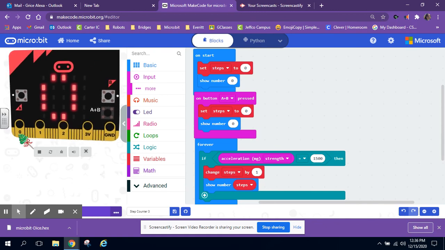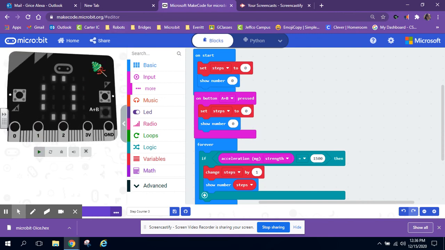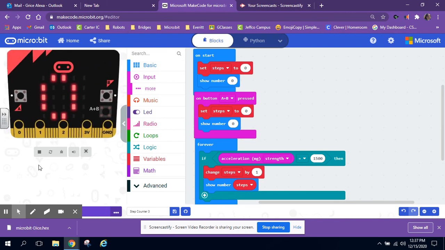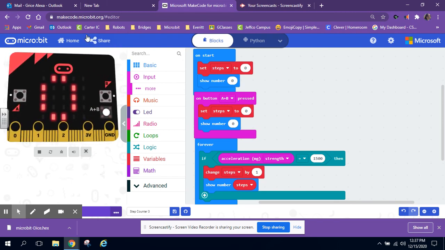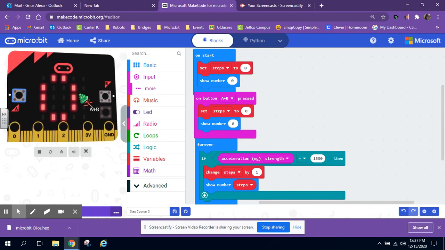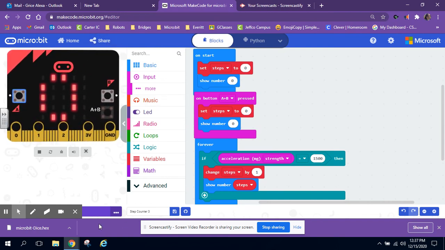So you can see over here by wiggling it a little bit, you can see that it does count. It is much more accurate on the microbit itself. So it is hard to show this way on here. It's very easy to show the reset and some of the other buttons, but it is hard to show on here. But once you download it to your microbit, you should be able to have a very accurate step